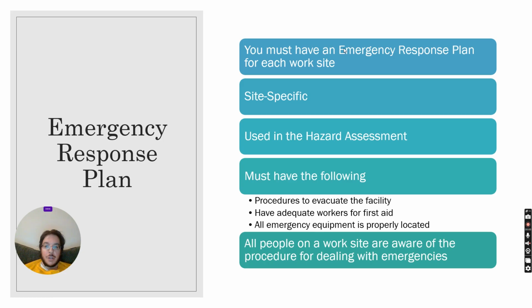You must have an emergency plan for each work site, and it's site specific. So you can't use a boilerplate emergency response plan for all of your work sites. The emergency response plan is used in the hazard assessment, and it should have at least three of these things: procedures to evacuate the facility. It should make sure that there are adequate first aid workers on site and that all emergency equipment is properly